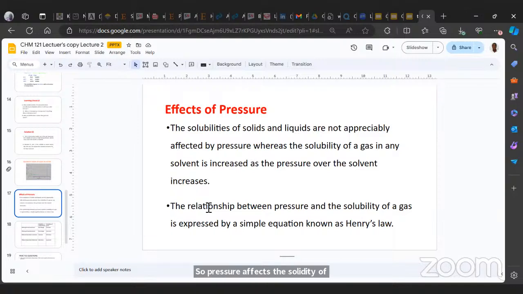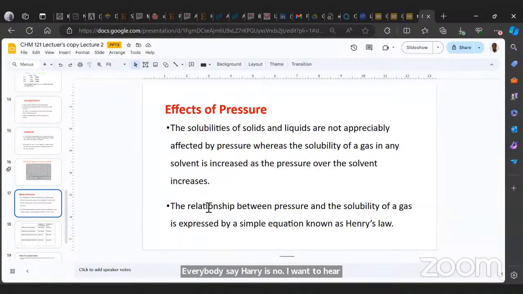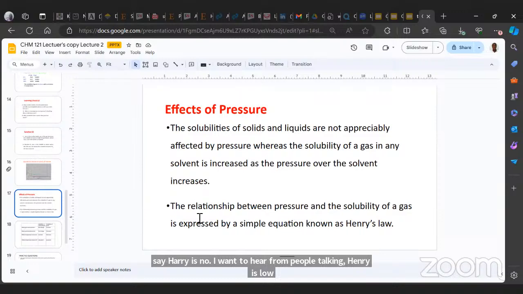And the law that relates the pressure to the solubility of a gas is what we call Henry's law. Everybody say Henry's law. I want to hear some people talking. Henry's law. Nobody's talking. Henry's law. Henry's law is the law that relates